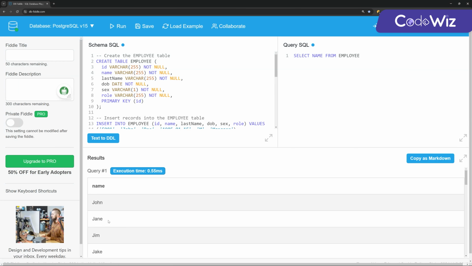Let's add a condition to our query to make it more specific. For instance, if we want to get the names of employees who are managers, we would write select name from employee, where role is equal to manager. In this example, select name is a clause which tells the database to return only the name column. Also, from employee is another clause which specifies the table we are querying, and where role is equal to manager is a condition which adds a condition to filter the results, so we only get the names of employees whose